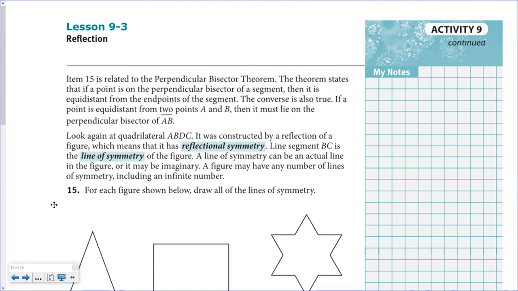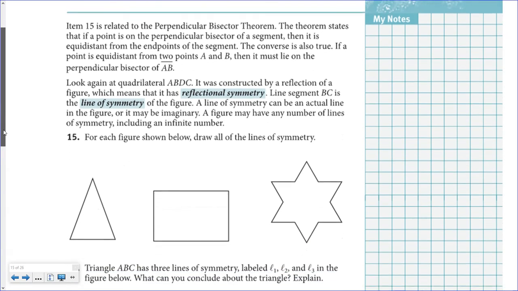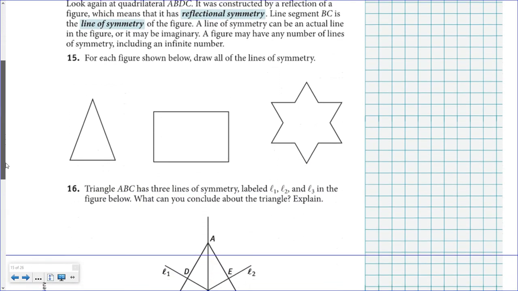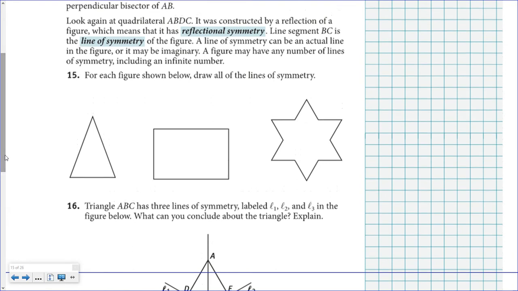We're going to look at this second paragraph. It says, look back at that quadrilateral ABCD that we were just using. It was constructed by a reflection of that triangle ABC. That means that it has reflectional symmetry. Line BC is the line of symmetry for that figure. So what I want to very briefly go back over is something that you probably did